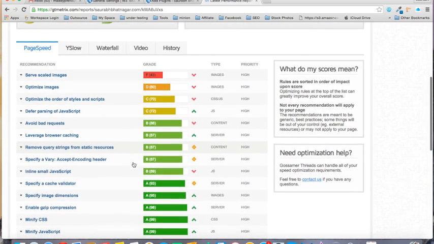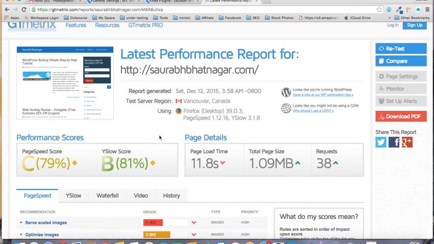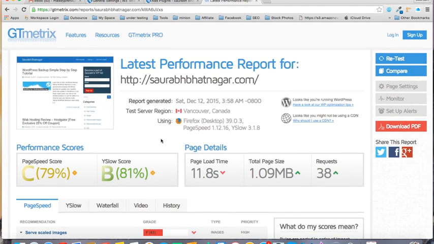And the browser caching, which earlier was in the F category, is now in the B category, so this is good. These things help, and these are a few basic things, and in the further tutorials about page speed you will see some more things which will help you decrease your page load time, and this will ultimately help in the SEO optimization of your site.